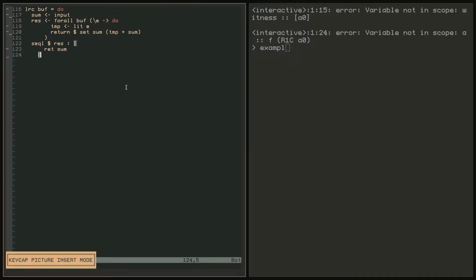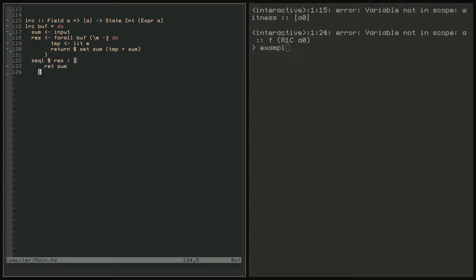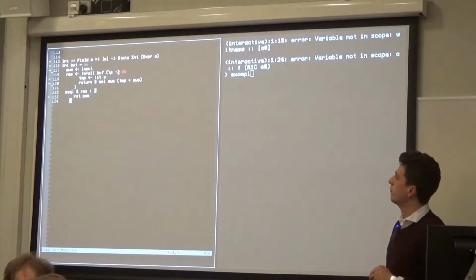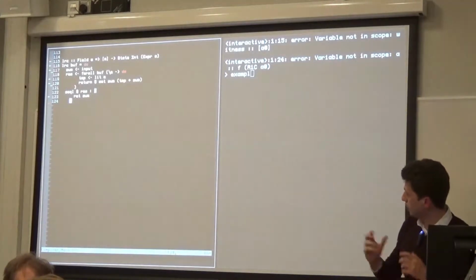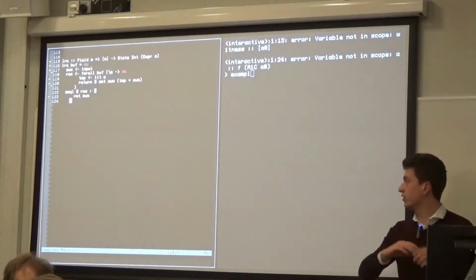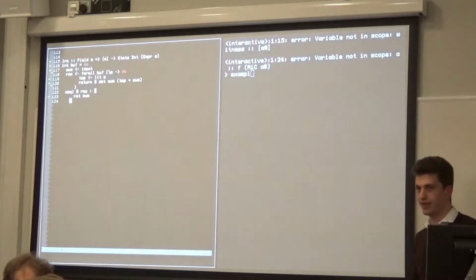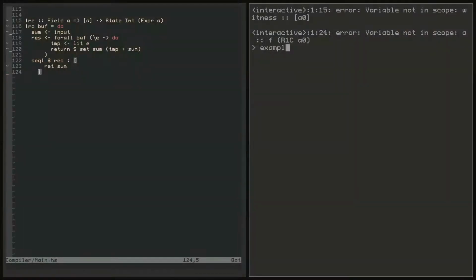So this is just a checksum that has some starting value as the input, and then the buffer. This is doing a checksum of whatever is given in the buffer, which is a list of, in this case, rationals. For every single variable in the buffer, it will assign it to a temporary variable and then sum it to some accumulating state. So this is the most basic checksum that you can do. And if I run this,